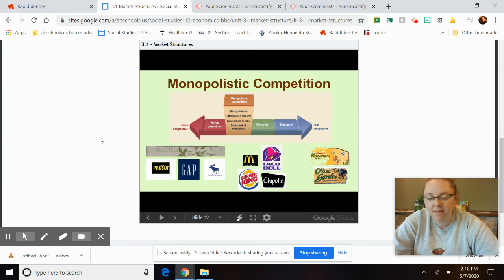Yeah, okay. But that's the thing, is they all sell clothes that you can wear. It just depends on the person's preference. Same with restaurants. Same with fast food. They sell similar stuff, but it just depends on your preference of what you enjoy more. There's many producers. You can differentiate the products to fit your own, but you're still competing against others.